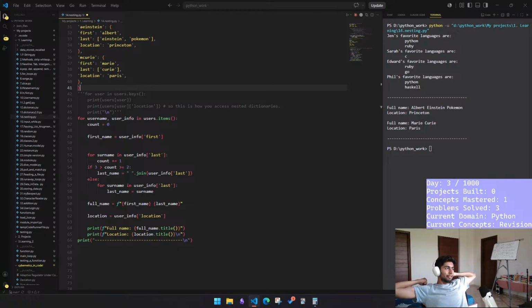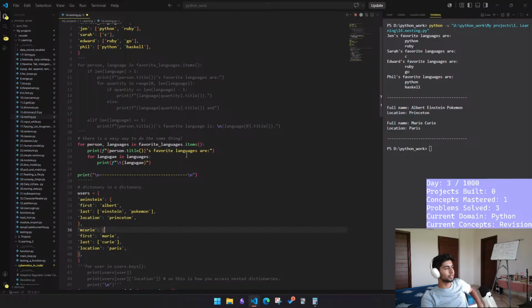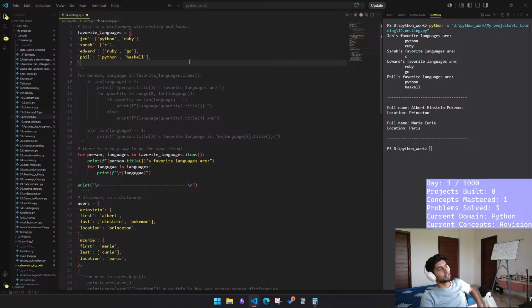Is there a way for me to... because this is nesting, right? Dictionaries in a dictionary, that's how we are accessing them. And this is like a list in a dictionary. So if I create a for range